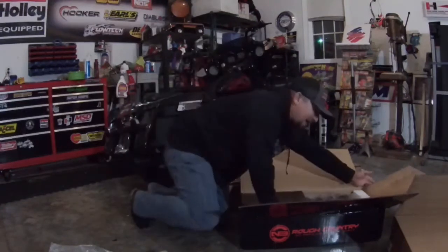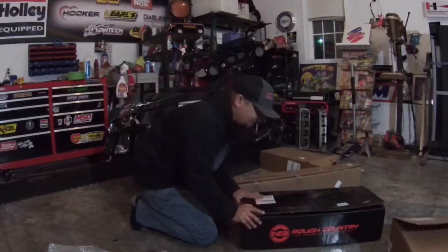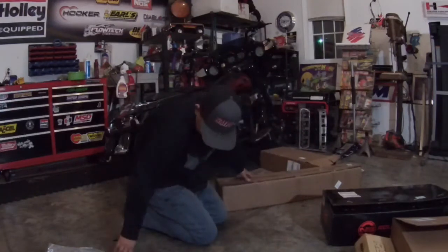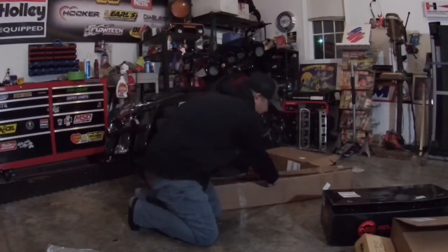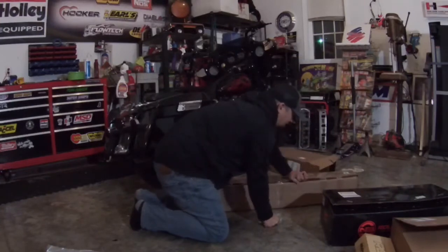Alright, now the last part is something I didn't need to fix the front end. It's worn out, but it was such a cool part. It's definitely going to be used for what its purpose is, because this truck, we really don't take it off-road at all. The truck is